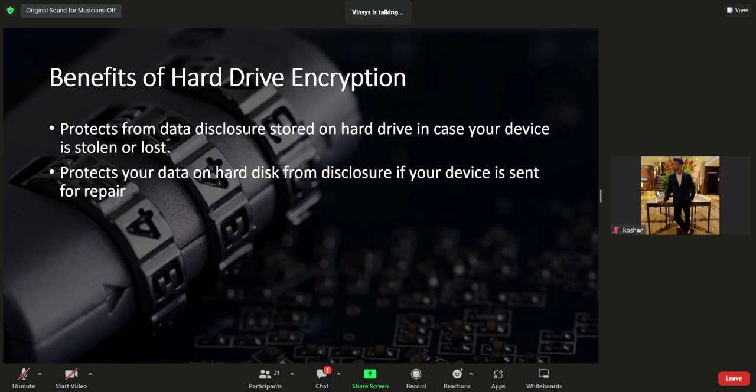Laptops are devices which can be stolen; as compared to a desktop computer, it is very easy to lose your laptop. And what if that laptop is holding some confidential data? It is always a good idea to encrypt your hard disk.